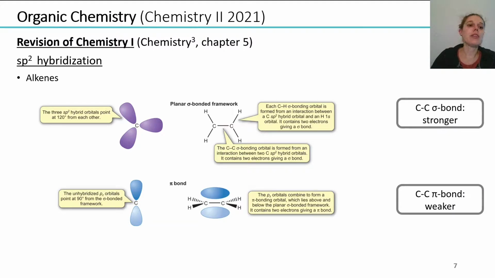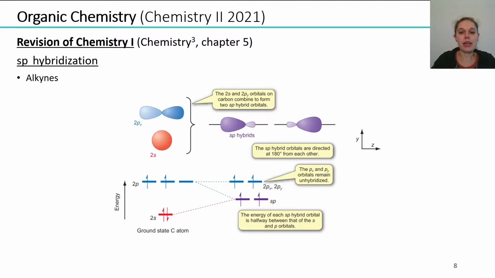And the last hybridization we still have to revise is the sp hybridization. And sp hybridization results from the interaction of one s and one p orbital to form two identical sp hybrid orbitals, which are directed at 180 degrees to each other. So we can also say we have a linear coordination of the molecule. And if we look here, so we have the starting point, and we end up with these two sp hybrid